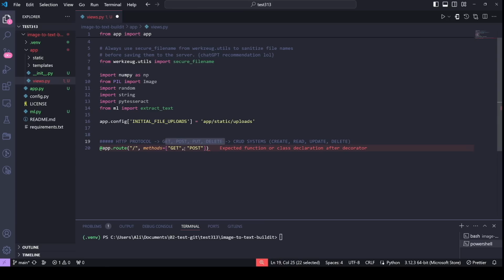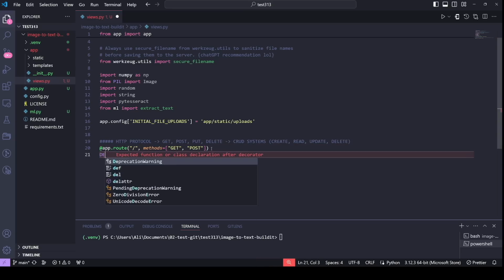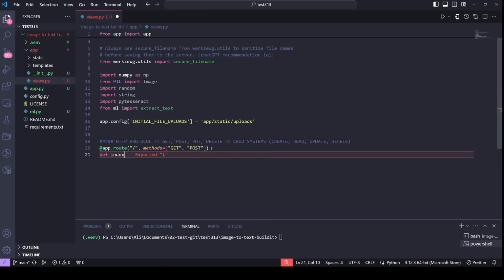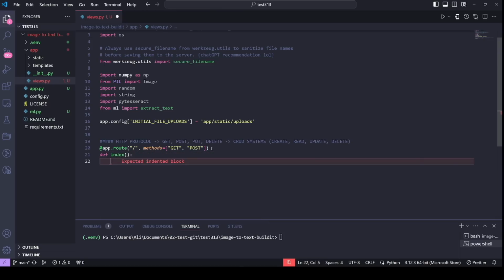If you want a good understanding of what we are doing here, you wouldn't necessarily need to completely understand this just to finish off this web app, finish off this project, but I do highly recommend so. That being said, we're going to move on and write our index function, and this will now handle the flow